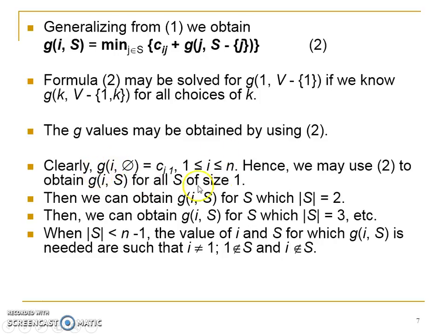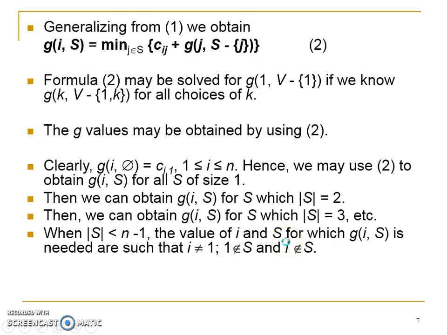Then you can use this cost wherein you got the cost of the path for traveling from a single vertex to vertex 1 to solve when the size of set S is equal to 2, means you are traveling from a vertex covering one more vertex of the graph and then going back to 1. Subsequently, you can use this solution for vertices where size of S is 2 to obtain the solution where size of S is equal to 3, means you start from a vertex, visit 2 vertices and then go back to your initial vertex, and so on till you get the cost of the path involving all the vertices in the graph.